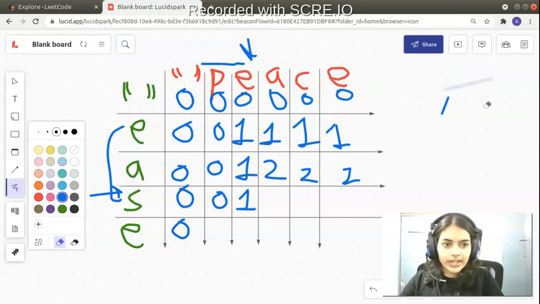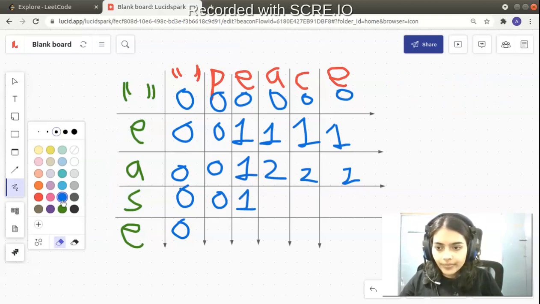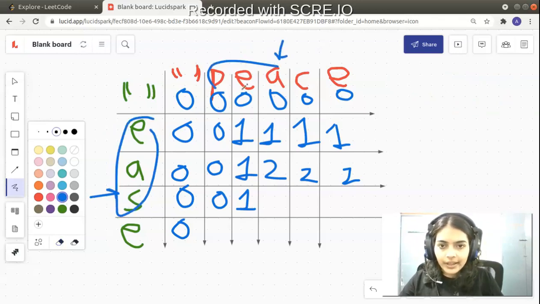Okay, so now let's quickly fill this DP table so that we can move over to coding it. Now let's go over to next row and next column. So we are comparing EAS and PEA. Now you see, S is not equal to E, right? S is not equal to A, right? S and A are not equal. So what do you do? You look one value above and one value left side, whichever is maximum. Which is maximum? Between 2 and 1, you see 2 is maximum. So I fill 2 here.